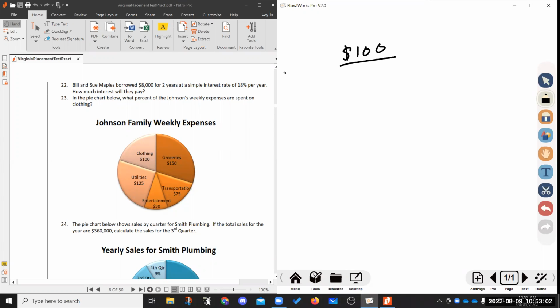We're going to have to add up 100 plus 150 plus 75 plus 50 plus 125, right? So this is 10, 12, 13, 18, 20, 4, 5. It looks like they have a $500